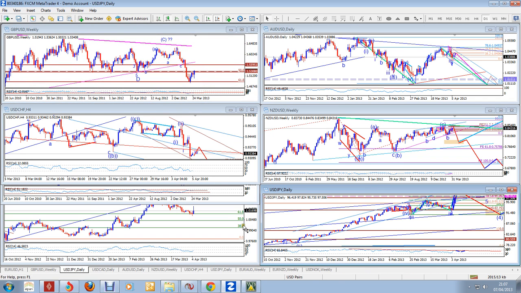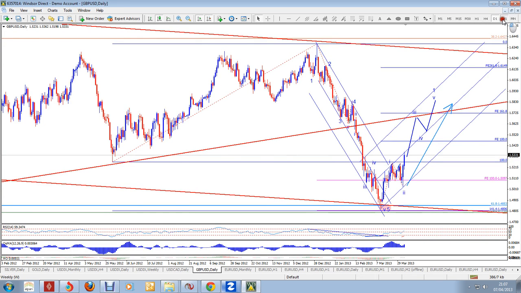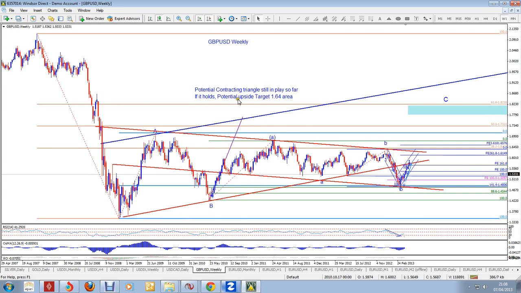Okay, so those are all the US dollar pairs. The only other two major ones are the pound and the euro. So with the pound, this is what I'd like to suggest,